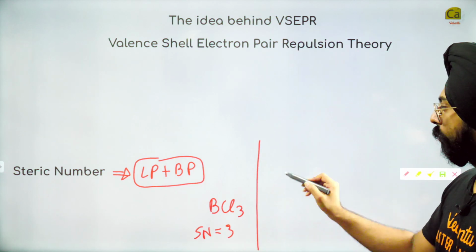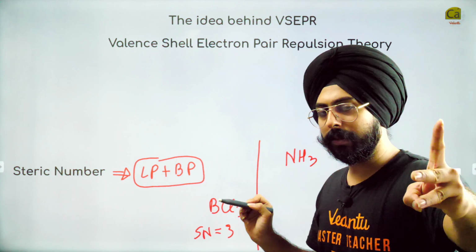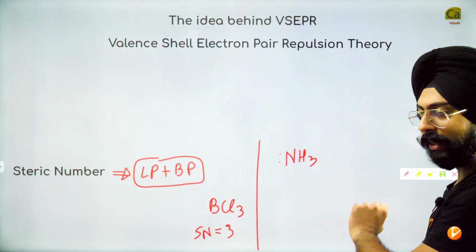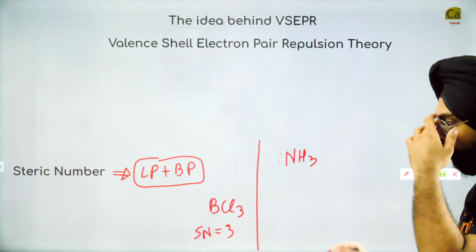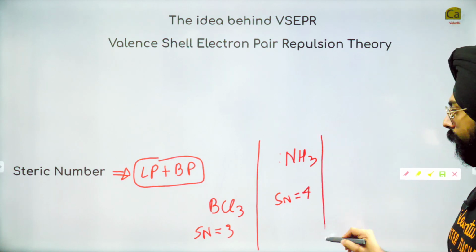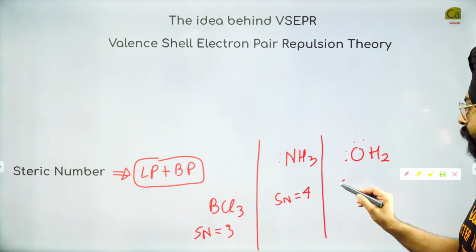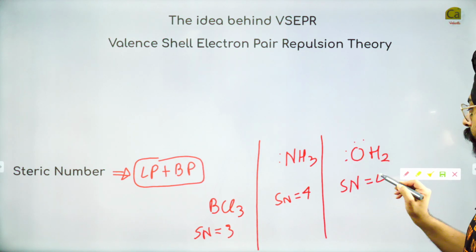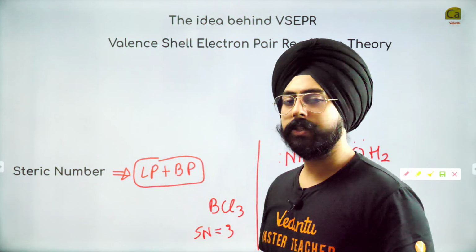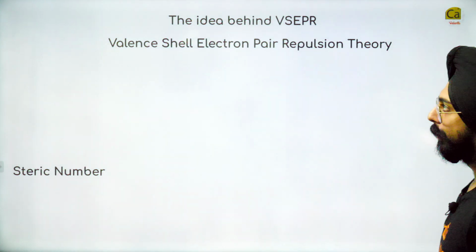I'll give you the example of NH3. We know that nitrogen likes to make 3 bonds with hydrogen and 1 lone pair will be there on nitrogen. Yes, 1 lone pair, 3 bond pairs. We've made the structure in the very first class. So over here the steric number is equal to 4. Similarly for water, 2 lone pairs, 2 bond pairs, so we know that steric number over here is equal to 4. So steric number simply means the number of lone pairs plus number of bond pairs around a specific atom. Great, this is also done.